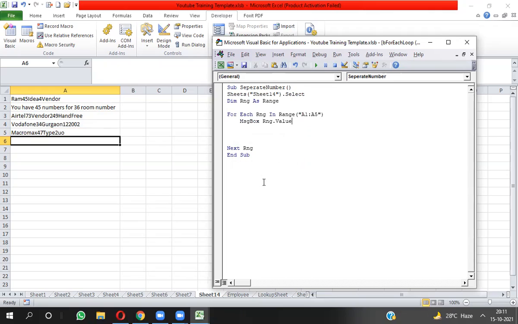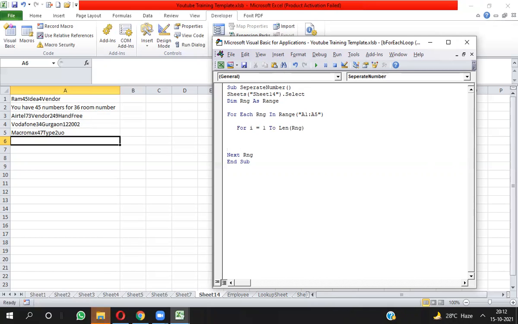Done. Now from this value you need to pick the numbers. So here I have to write For I equal to 1 to the total length of whatever value I'm getting in RNG, so Len(RNG).